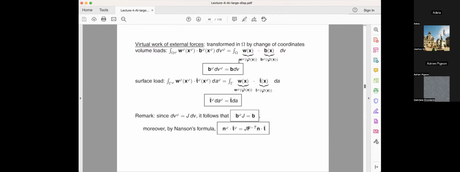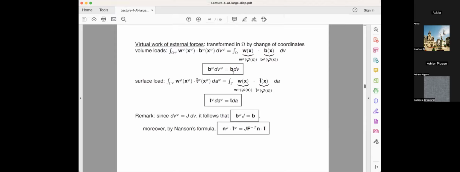So the function w∘φ, or φ of x, is like a composition of two mappings. There's a function φ of x, and there's a function w_φ of φ of x, which is computed as w_φ(φ(x)). And this I call the new function, where I kick out this φ and simply keep this x, to finally have a different rule of how I compute this. So basically, given that I can obtain the corresponding loading applied in the initial configuration, and this redefinition of the virtual displacement as a displacement which is sitting in the deformed configuration, but is parameterized in the initial configuration,